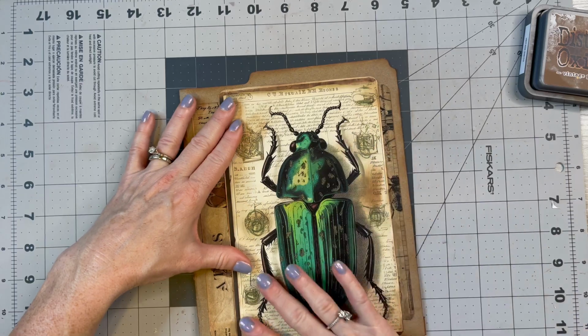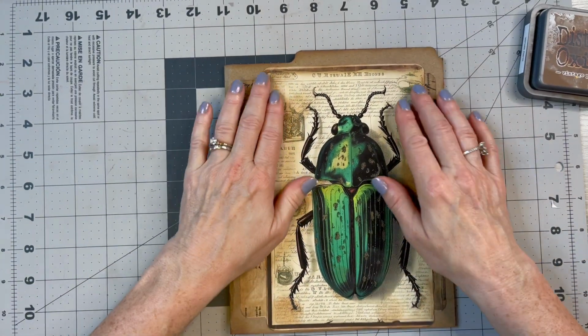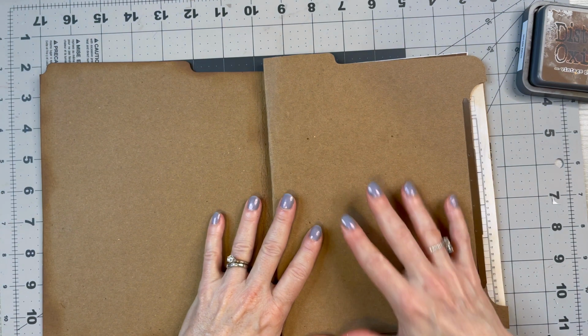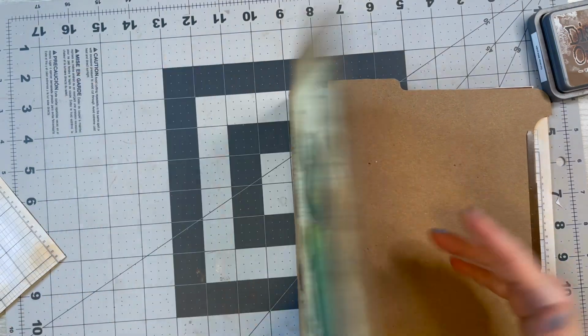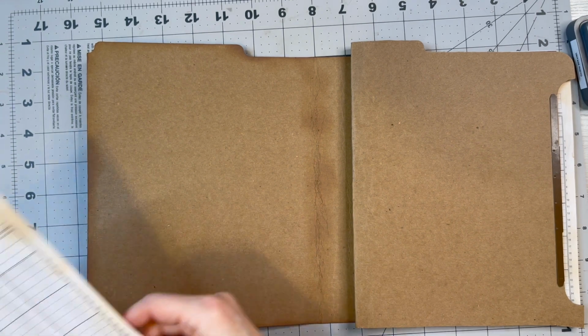Okay. All right, I like that. Okay, so that is this one. I think I got that straight. Okay, so then when you open this, you're going to come to this page right here. And on this page, since we have this on this page, what I did is I